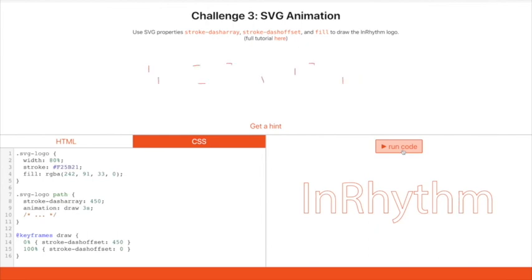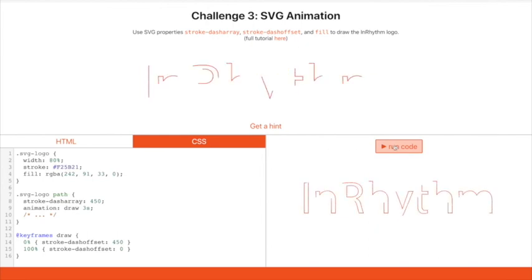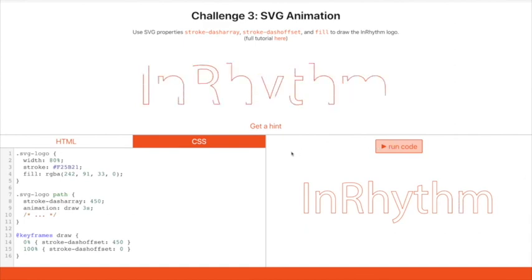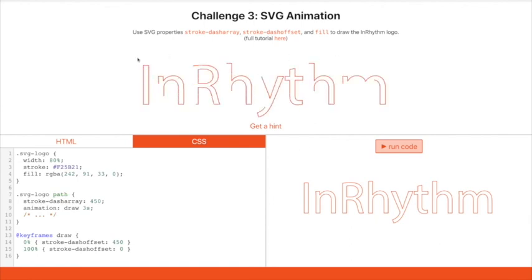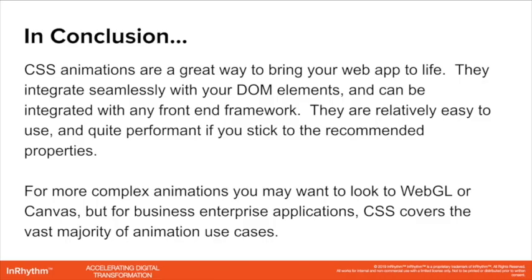As you can see, the combination of those two stroke-dashoffset and stroke-dasharray values gave us a really cool, smooth drawing-in animation. I'm going to leave the final adjustments up to you to get the words to fill with color and the animation to repeat itself. I hope you all learned something new today and that you'll consider using CSS animations in